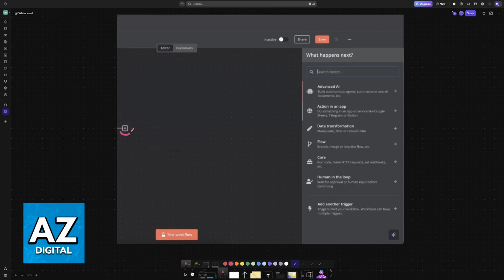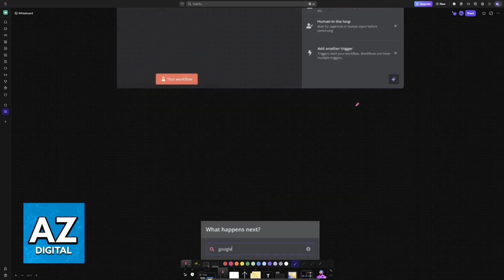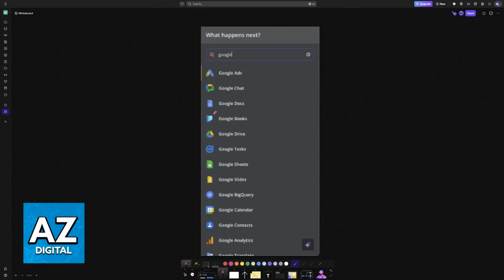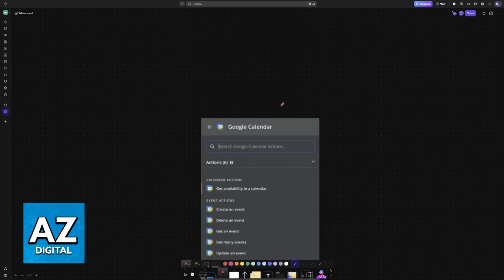So the most straightforward way to do this is to choose the option to add a new node. So click the plus sign, and now on the search function, look for Google. So when you search for nodes and you input the word Google, you will find a lot of Google services, including Google Docs. So look for Google or Docs specifically. Once you choose this option, you will be able to see all of the actions referring to Google Docs.